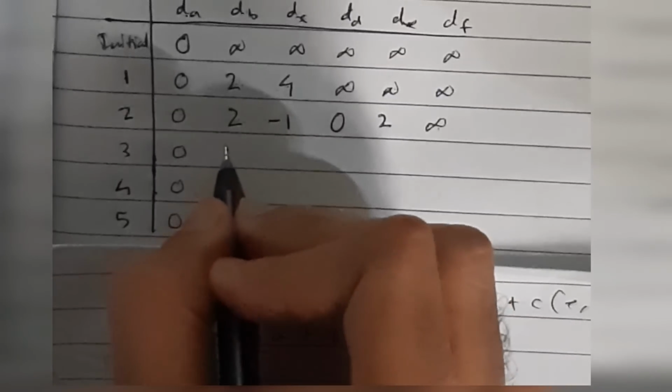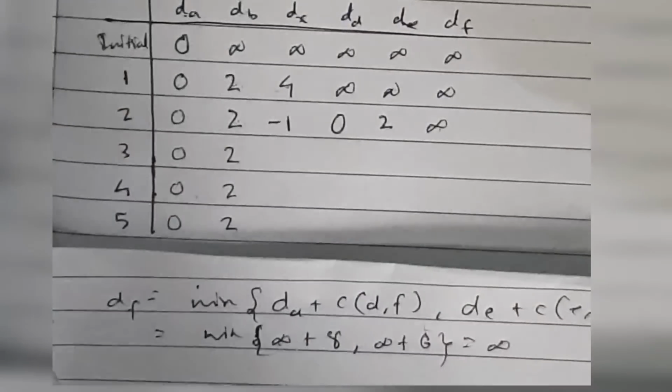Okay. Then for the third row, first we have to find dB. See, dB will be fixed, because when the same value comes twice, after that you can write the same values down, 2, 2, 2, we need not check again. Then for this one it's not the same here, so we have to check it again.